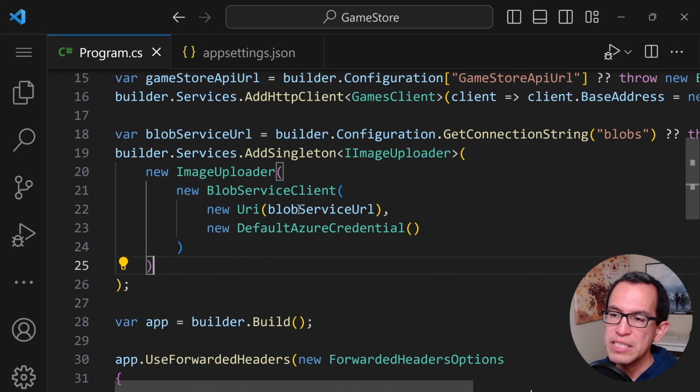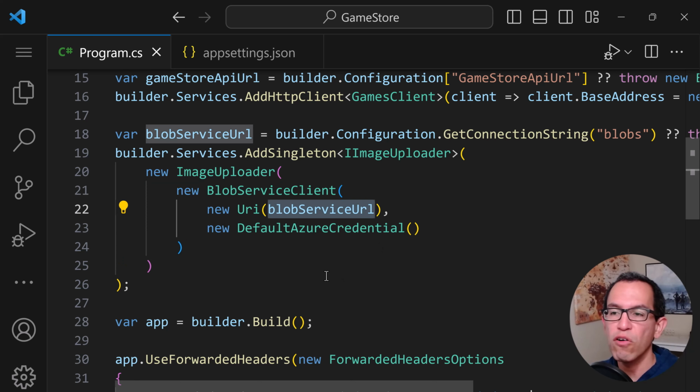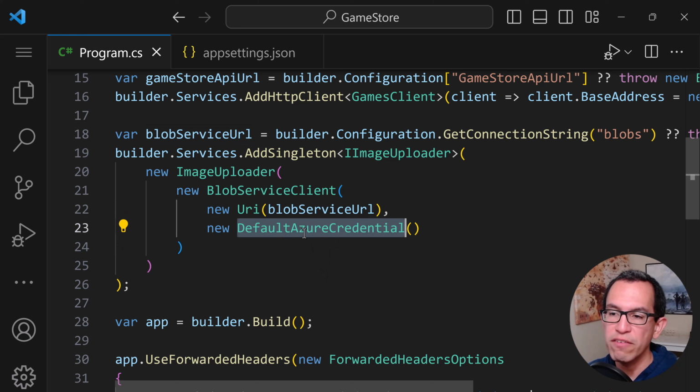And what we do here is provide the blob service URL, so the URL of the service in Azure that is holding the images in this case, and then we also use the default credential, default Azure credential. Now, this component, default Azure credential, which is provided by the Azure Identity Library, allows you to create an app that does not need explicit secrets to be able to talk to that Azure service. What this does is that when the app starts,